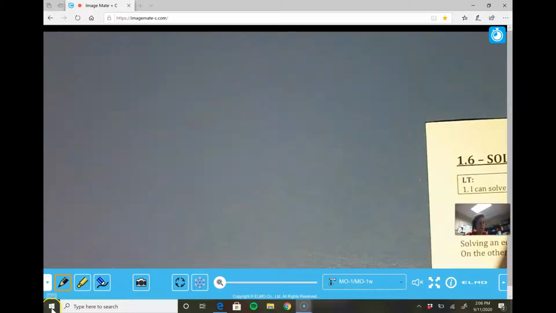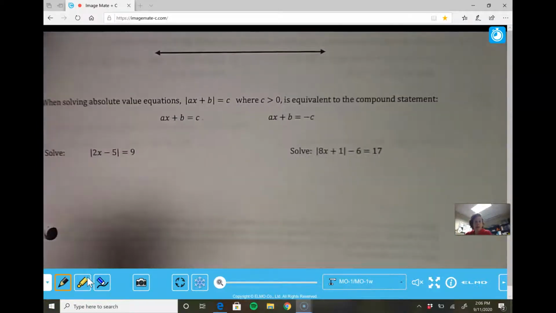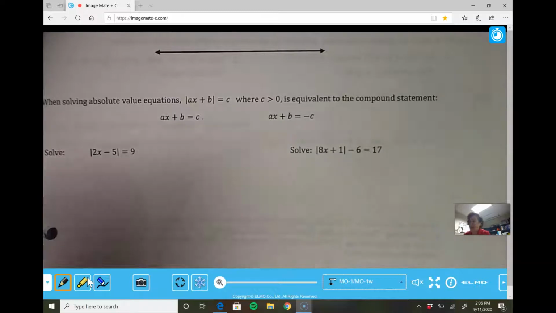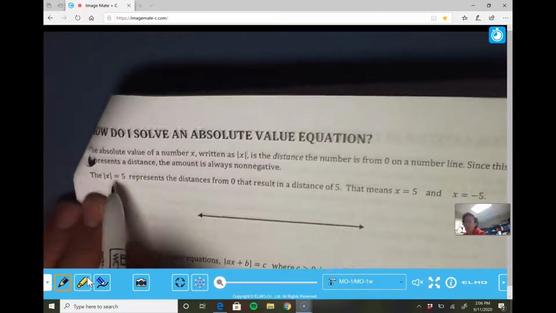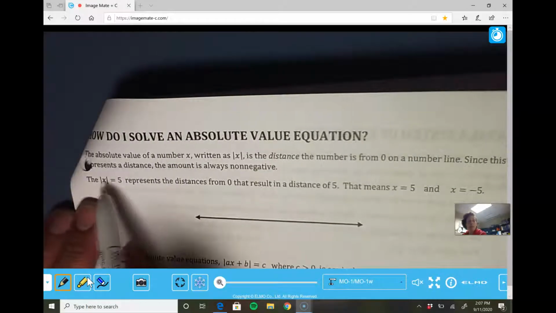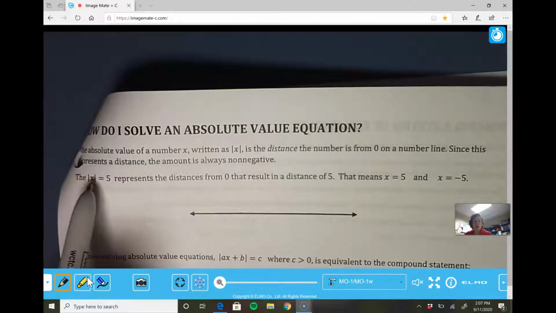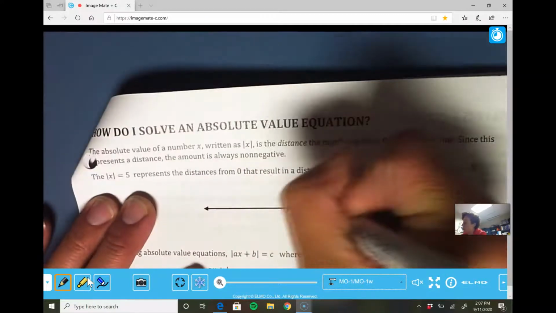Okay, again, so this first problem, the 2x minus 5 equals 9, the red group got this. So just fast forward until you see me writing under here. And then, again, we'll pick up that last problem in just a moment. So first, I just need to remind you of what an absolute value is. So this absolute value means how far a number is from 0 on the number line. So if I ask, what two numbers are a distance of 5 from 0,